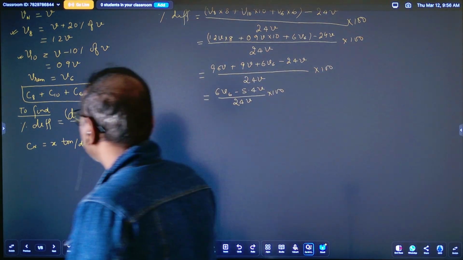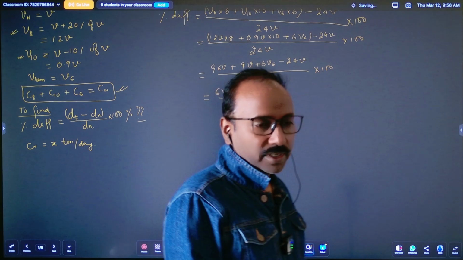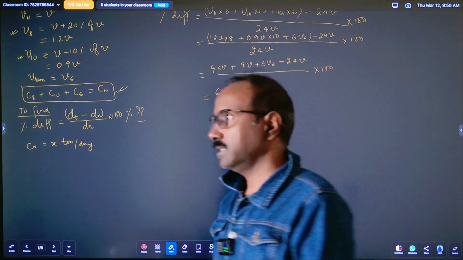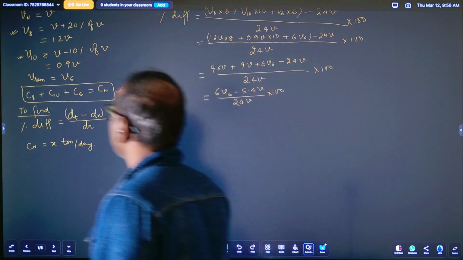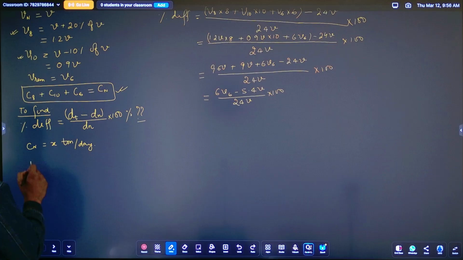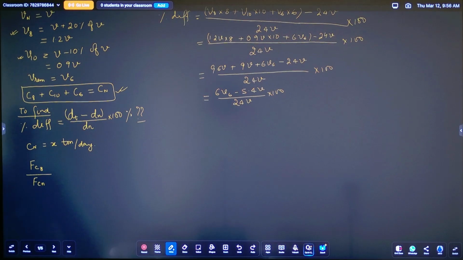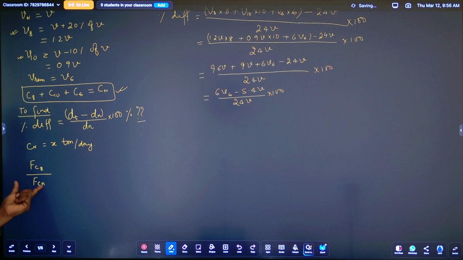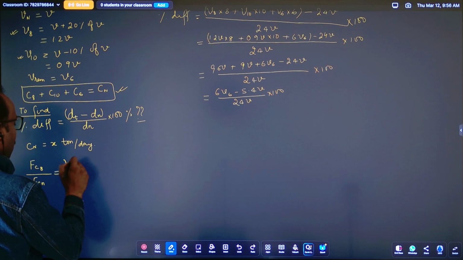Now let us see what will be the consumption per day when the ship sails with V8 speed. Once we know it for the day, we can calculate it for 8 hours. So FC8, you know this equation: fuel consumption per day when the ship is sailing with V8. Normal consumption, fuel consumption when the ship is sailing with V per day will be